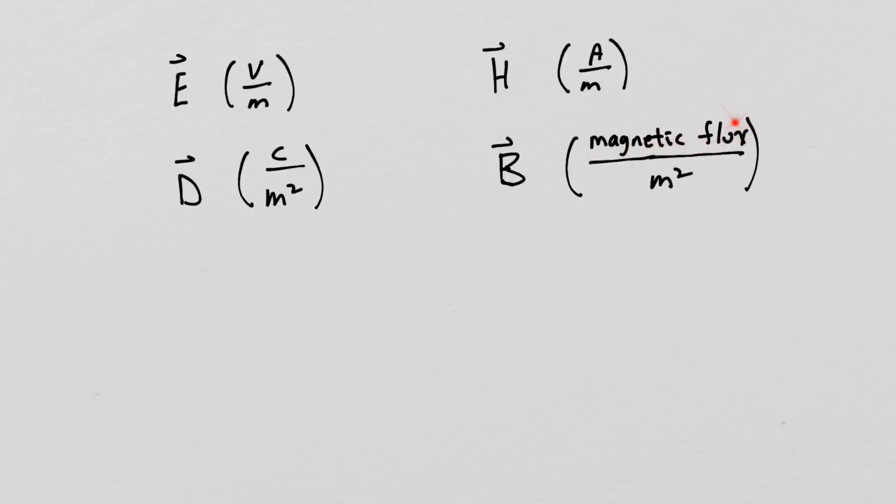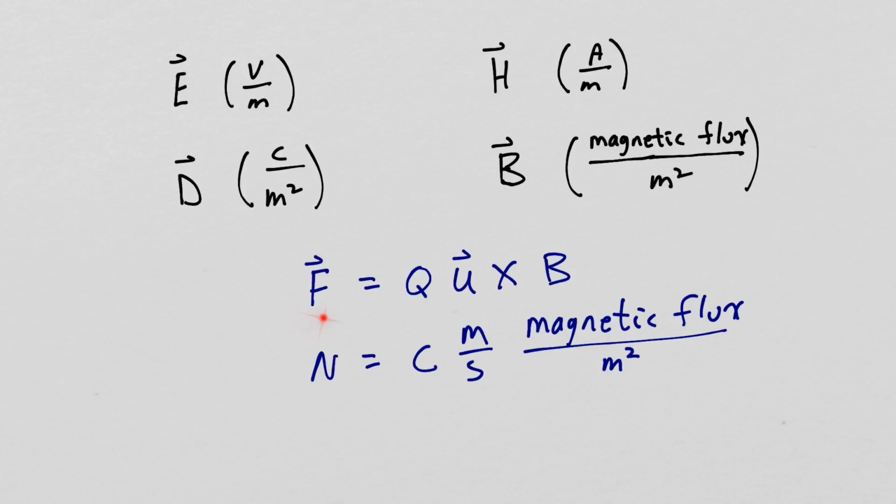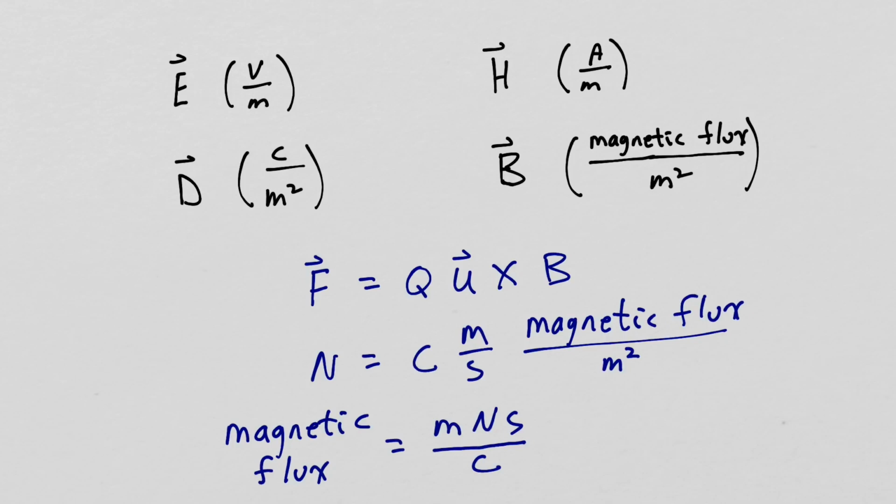Let's determine the units of magnetic flux. Looking at our force equation, we see that newtons will equal coulombs times meters per second times magnetic flux per meter squared. Solving for magnetic flux, we get meters, newtons, seconds over coulombs,